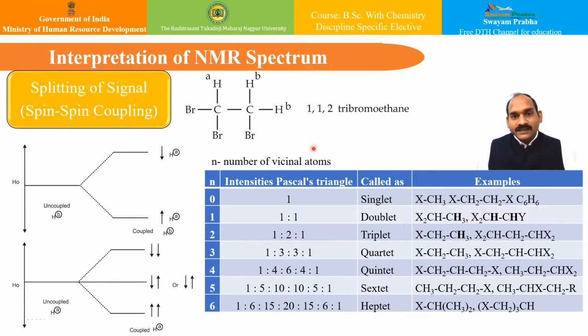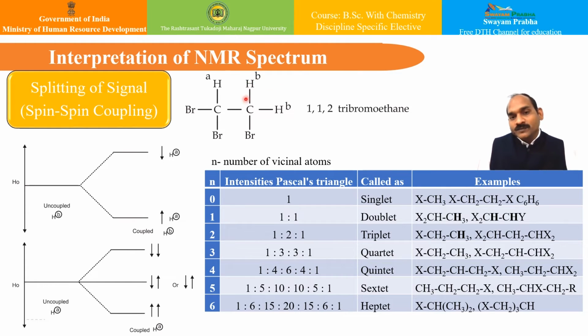Say, for example, I take the structure of 1,1,2-dibromoethane. This molecule is expected to give two signals in the ratio of 1:2, because there is a peak with a single proton, the A kind, and there are 2 protons of the B environment. Now the A kind of proton can generate its own field, in or opposite to the direction of the applied magnetic field, and hence the effective field experienced by the B kind of proton will be either higher or lower than the applied magnetic field.